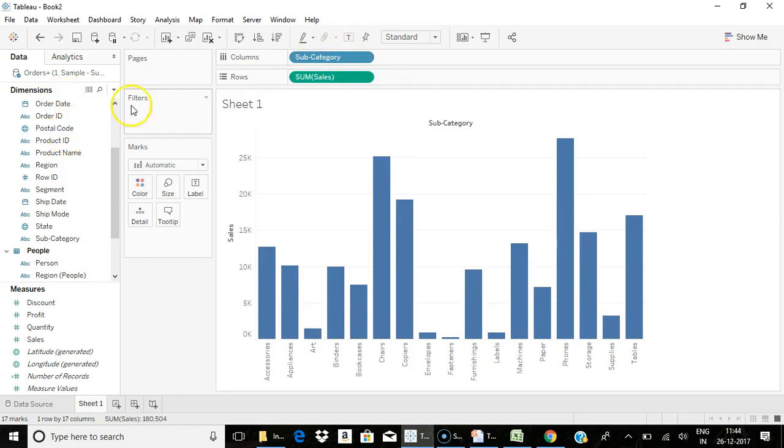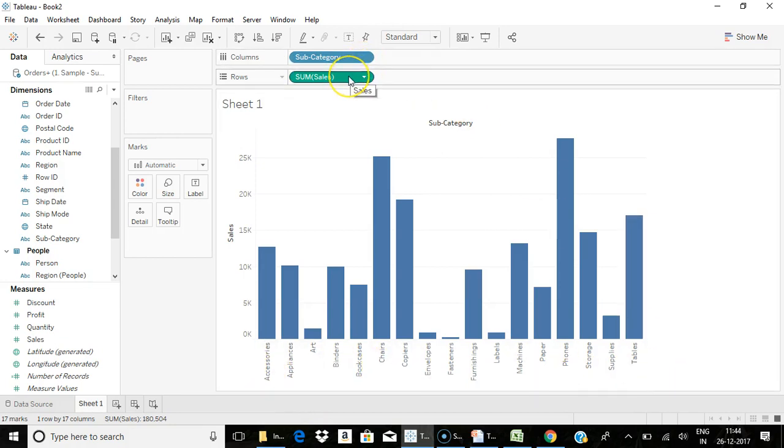Once you drag the dimension it is in blue color and your measure is shown in green color. We also have something called field types in Tableau classified as discrete and continuous. Something which is definable is called discrete. For example, your subcategory is a discrete value because I could easily say how many values are there in subcategory.